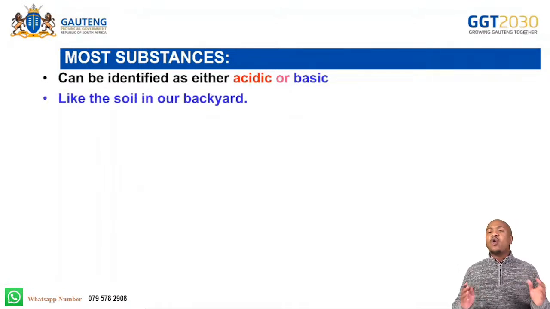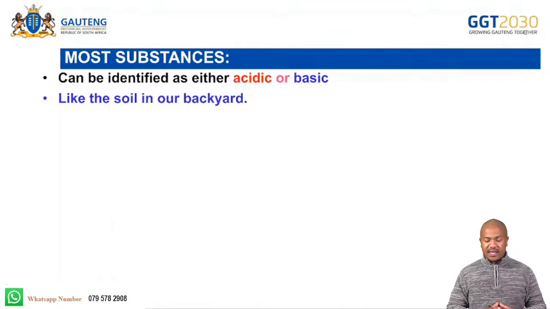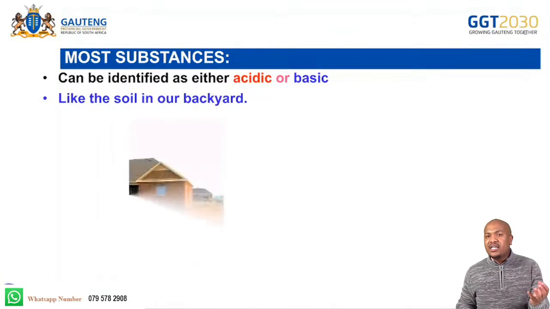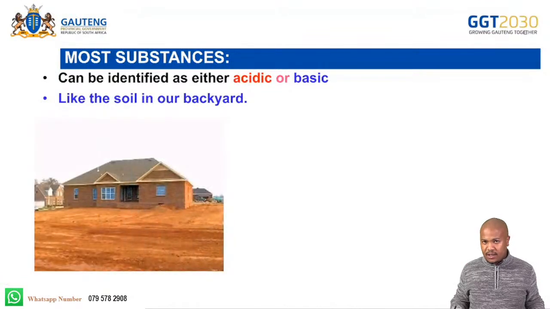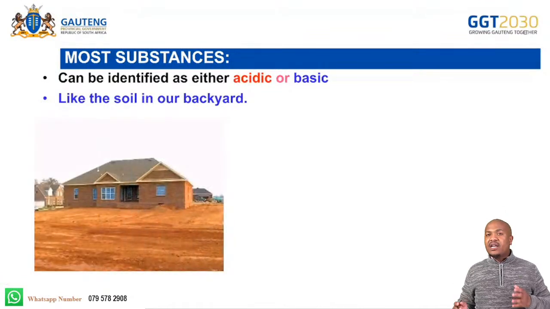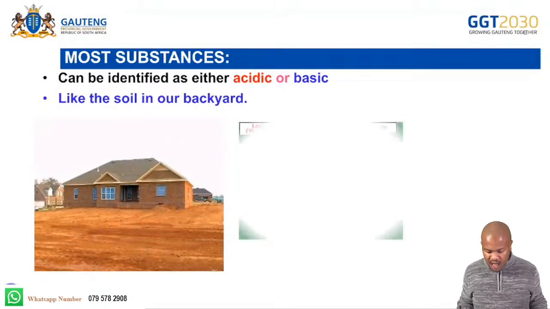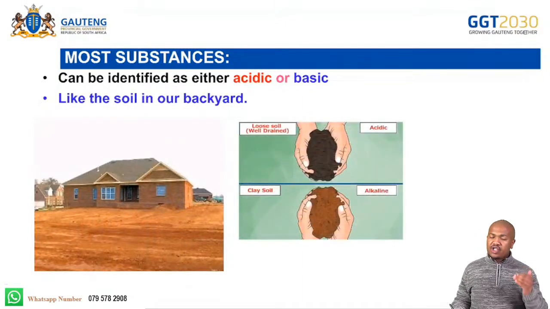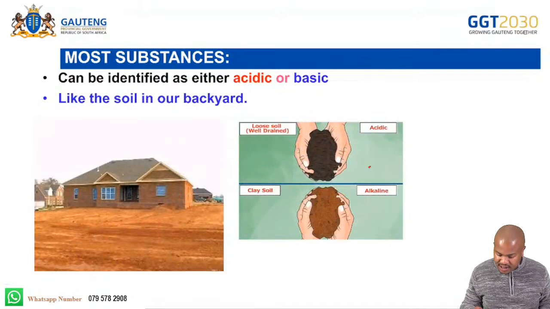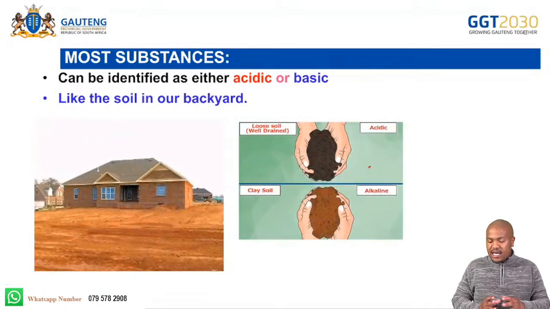Like the soil in our backyards. Our soil in our backyards can either be acidic or basic, and the different levels of acidity and alkalinity in the soil favor different plants as well. Are we together? So we have loose soil, which is acidic, and in most cases, acidic soil